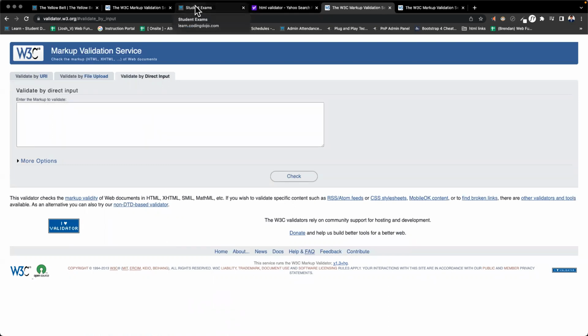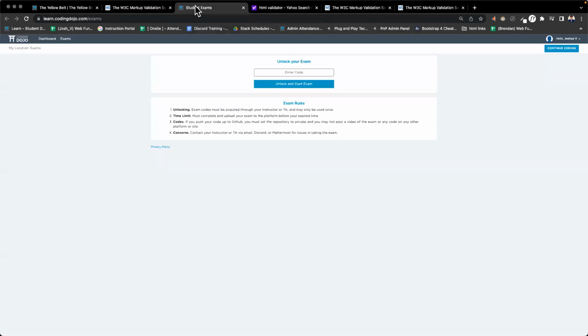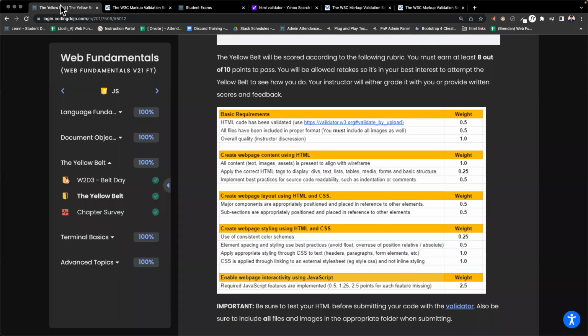Hey, Joshua, I have a question for you all. When it comes down to validation and everything, is there one for CSS also, or is it mainly for HTML files? Just HTML only. Okay. If you make a mistake on your CSS, generally you guys should know this, the whole file will break. If you miss a semicolon after a rule, it just won't work. But HTML can work with some slightly broken code, but we want to check against that. All right, that's 0.5 points.